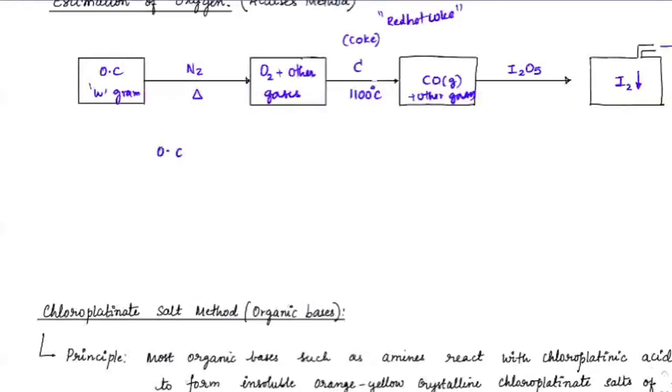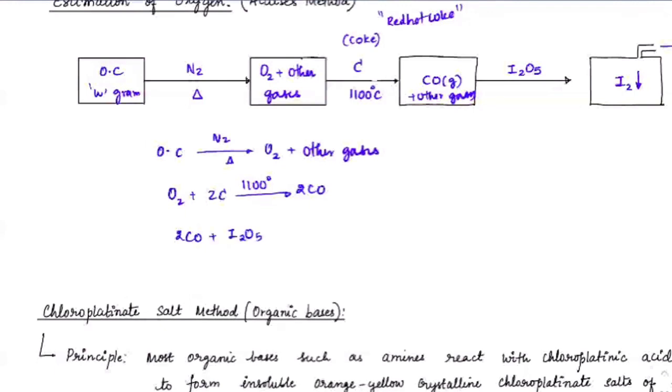We have organic compound in N2 and heat, giving O2 plus other gases, and this O2 plus 2 moles of coke around 1100 degrees centigrade forms 2 moles of carbon monoxide gas. This 2 moles of carbon monoxide, when you treat with I2O5, forms I2 plus 2 moles of carbon dioxide,